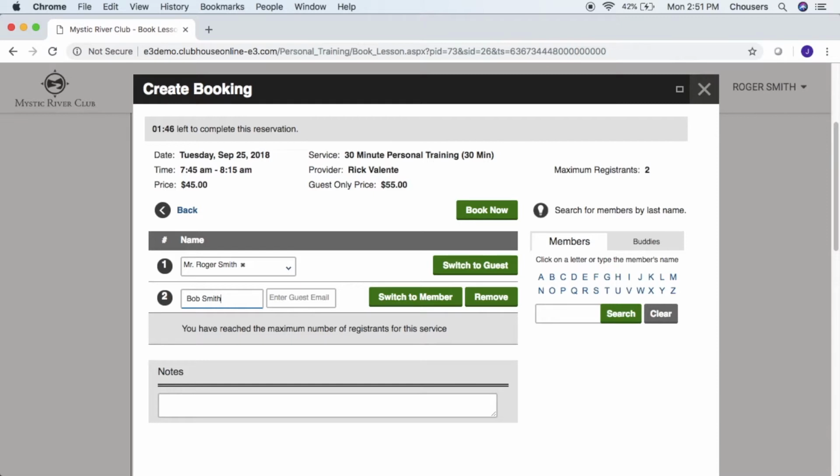If we do have a max number of registrants for our lesson, you'll notice that we will get a message that we've reached that max number of registrants, so we are no longer able to add anyone else into our booking. At the very bottom of the screen, we also have a notes section. This is a great place for you to leave any information that you'd like the instructor to know prior to